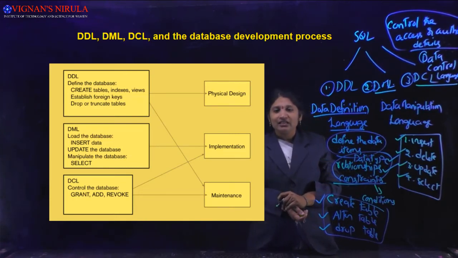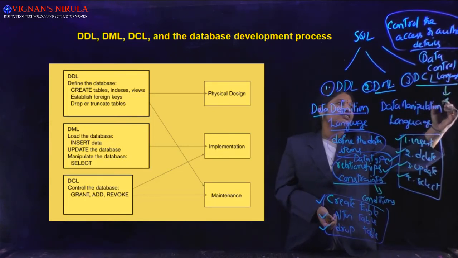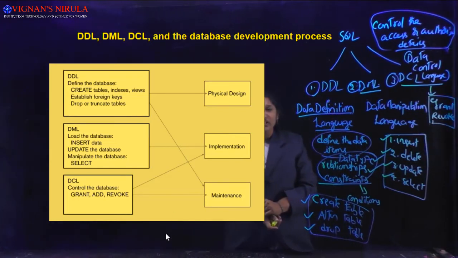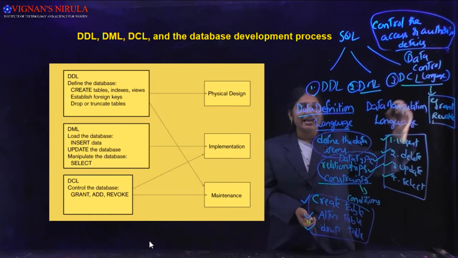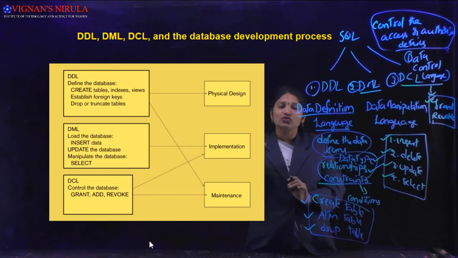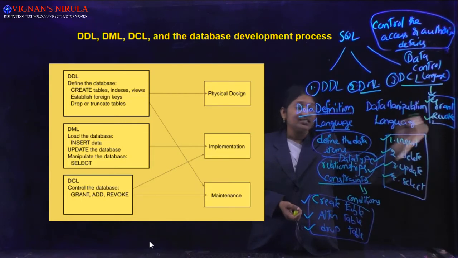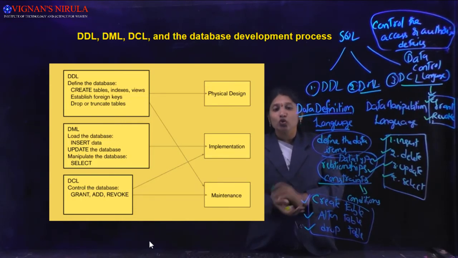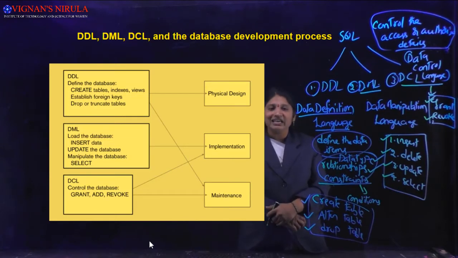So basically, two commands come under the category of your DCL, that are grant and revoke. As its name indicates, the grant command can be used to grant certain access permissions to a certain group of users. As its name indicates, the revoke command can be used to drop already existing authorizations of a certain group of users. We are using the revoke command. So this is about the three categories of SQL commands.